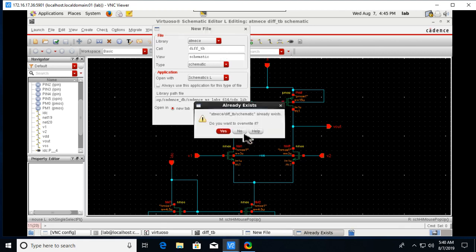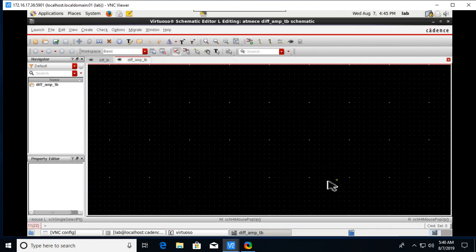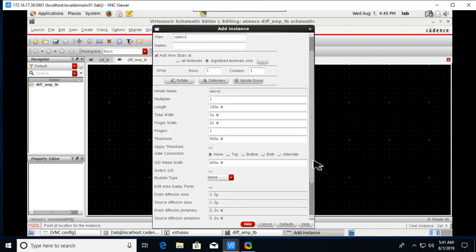Okay, it's saying it already exists, so if you get this one, just change the underscore to MP underscore TB. Okay, now click here. You will get this window. Go to create instance,